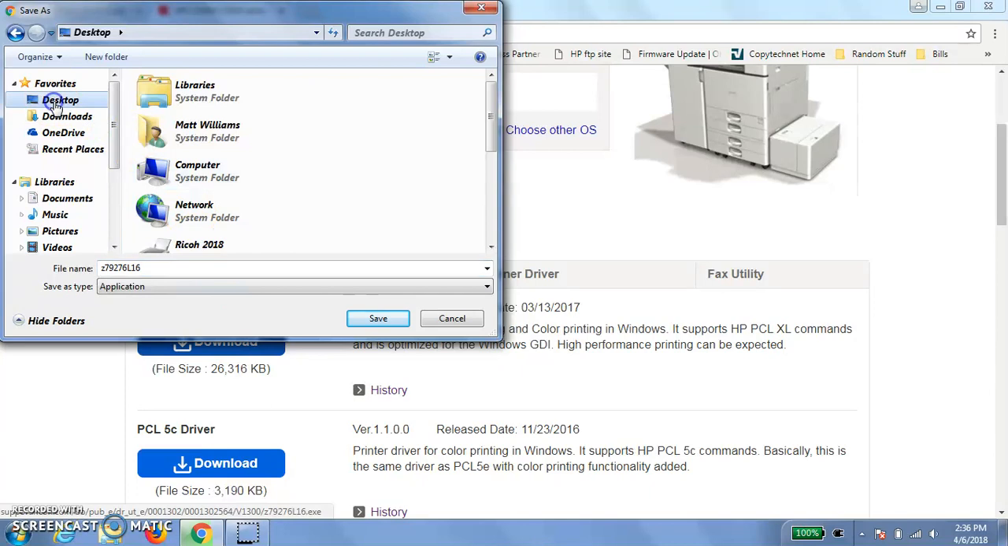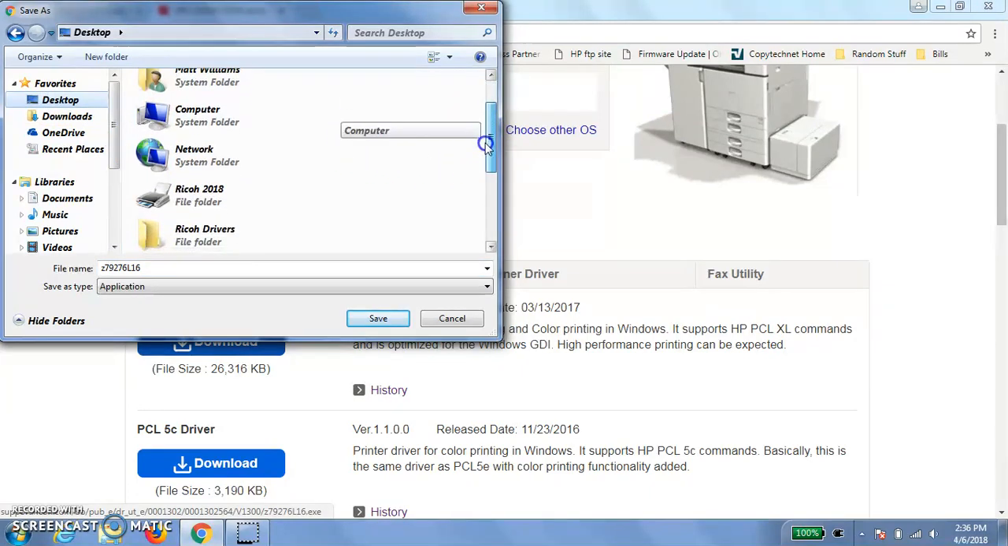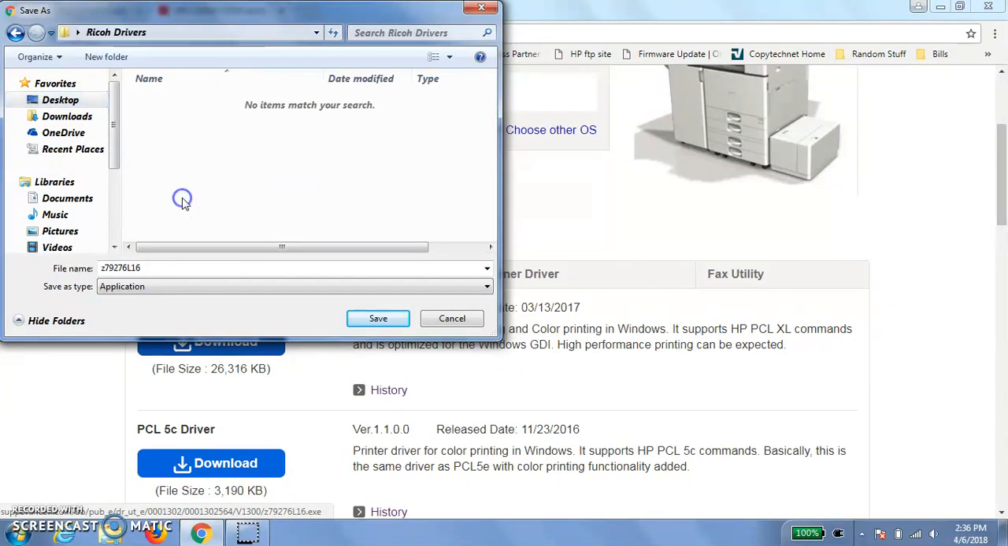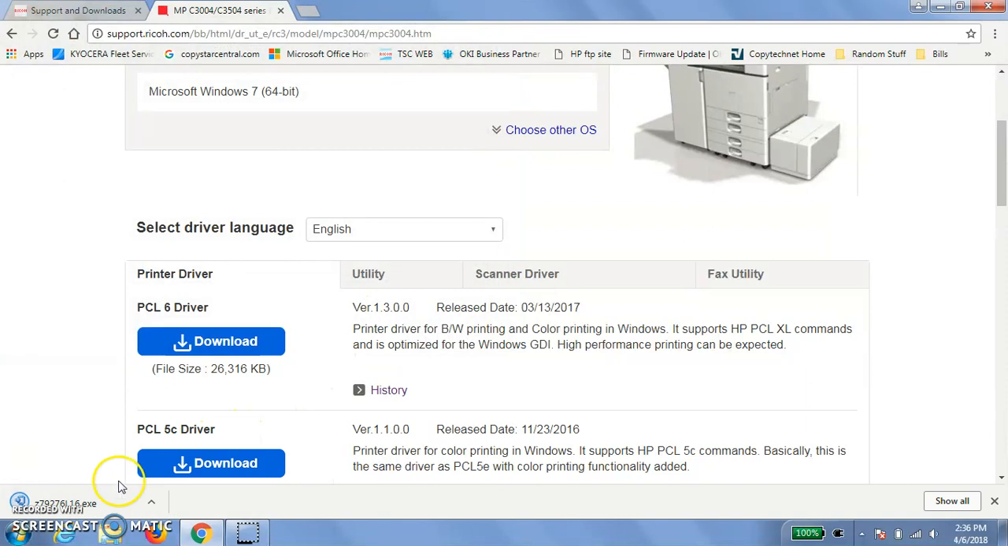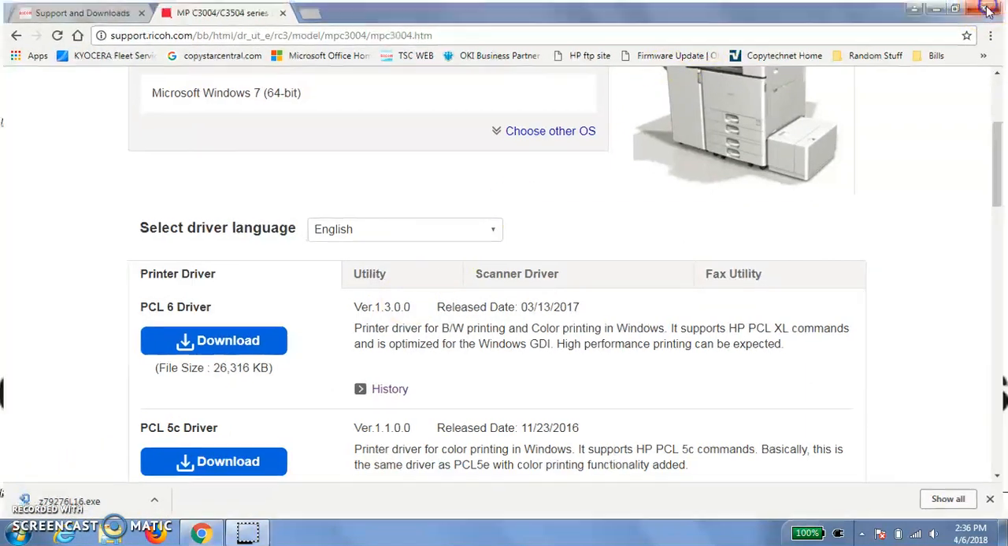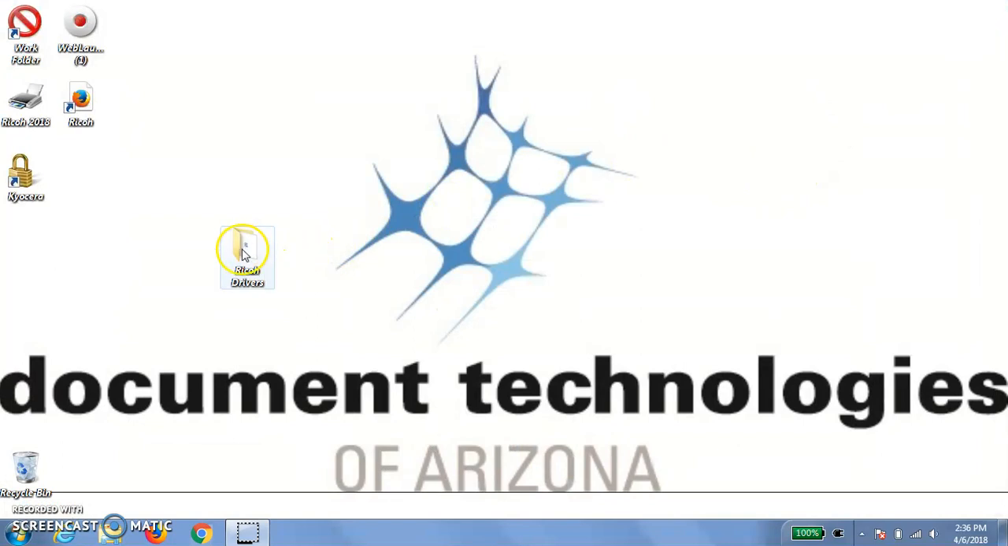So we'll go to our desktop where we created that folder for the Ricoh drivers, open that up, and save our zip file in there. And this does download pretty quickly, and that's finished. We'll exit this out, and we'll go to our Ricoh drivers folder,